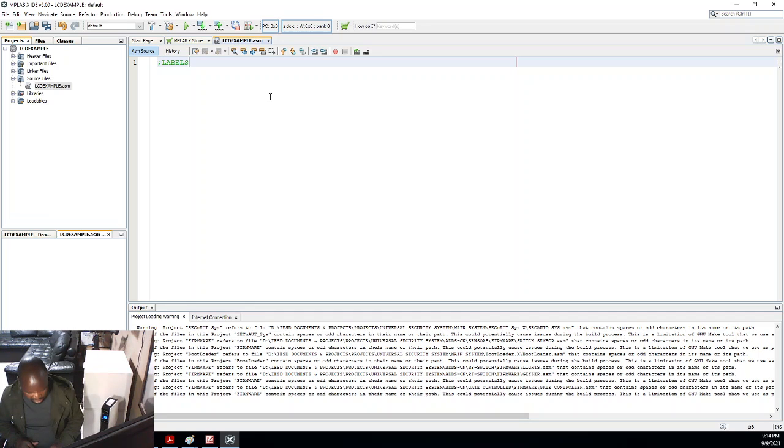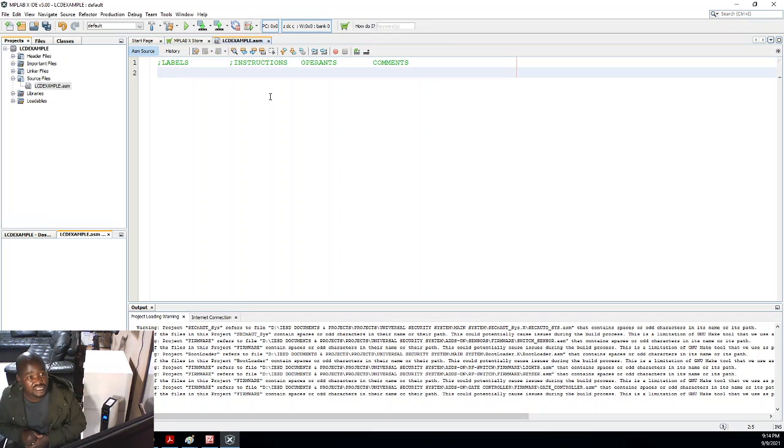We have labels at the margin, and then we have instructions, operands, and then we have comments. Easiest way you can arrange your program. So the first two instructions, list P equals to